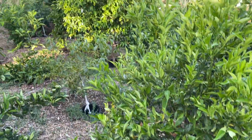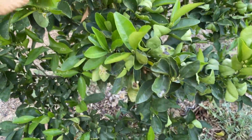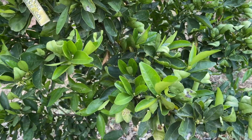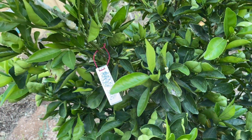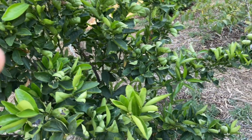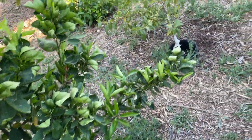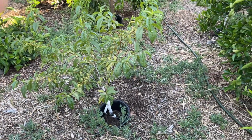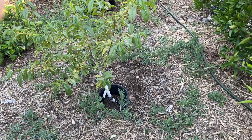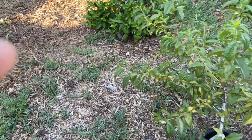It's also known as the California Honey. Gold Nugget, same thing, it only produced about 3-4 pieces last year. It looks like it's put on a pretty heavy fruit set. This one's got an Okitsu Satsuma graft on it. It hasn't budded out yet, but it's still green, so I know it's good. That one's going to take. And again, this guy should have a pretty heavy fruit set this year. We'll see. They can prune themselves down. That's the thing about citrus. Citrus will self-prune,